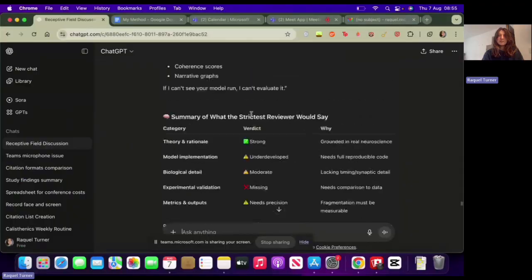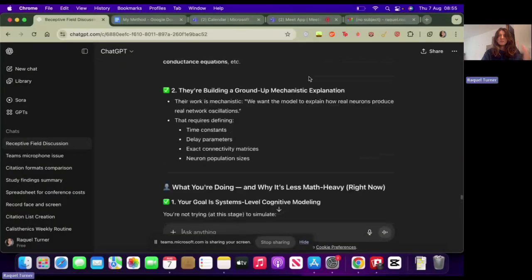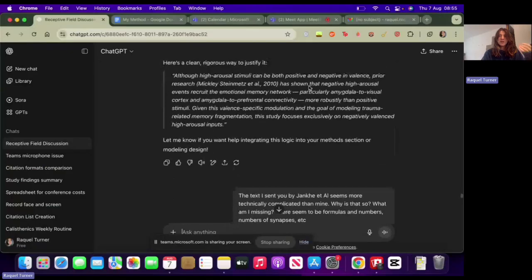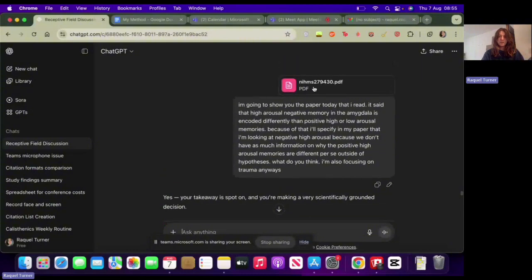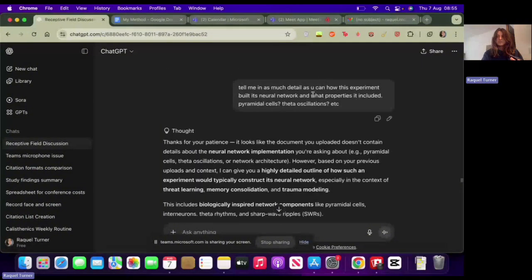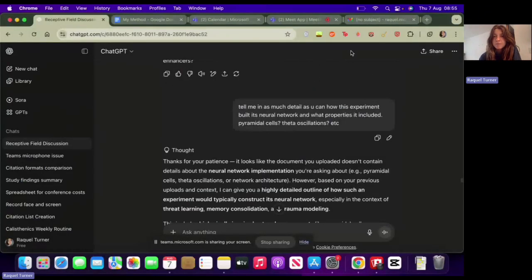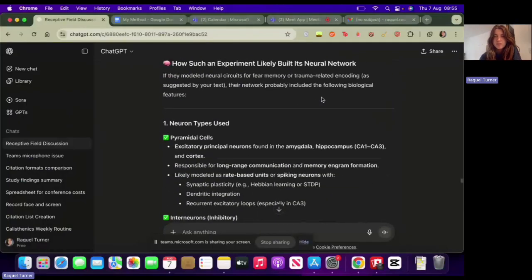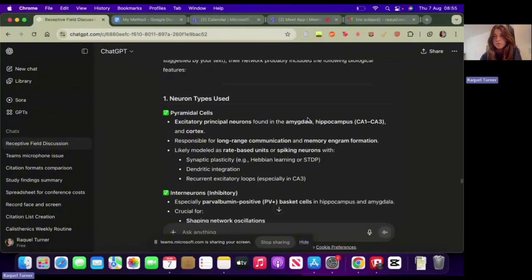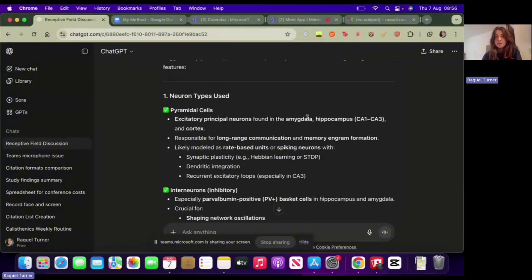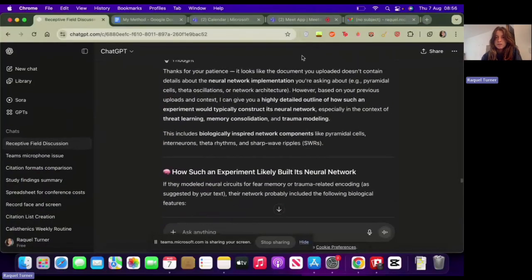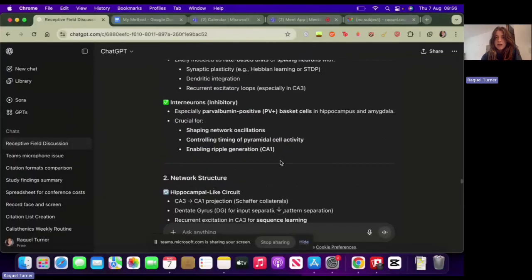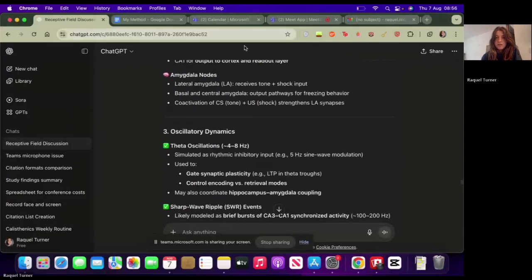Basically, I could tell that there was a gap between the level of depth of what I was doing and the level of depth that I was seeing in another similar paper. I actually showed this in my last video about ChatGPT, so you can get an update. I had sent it a paper with a similar theme, and they were doing computational modeling. It was the rat models, the place cells, whatever. I asked it what they have in their neural network, which is what I'm trying to build. So they had here everything that they had in their neural network. I think it was this one.